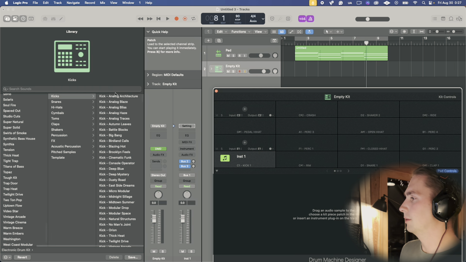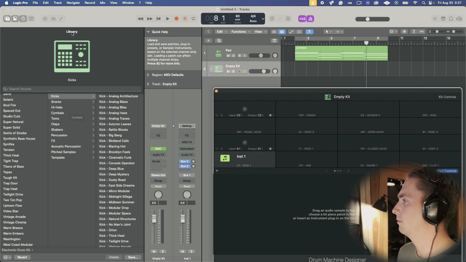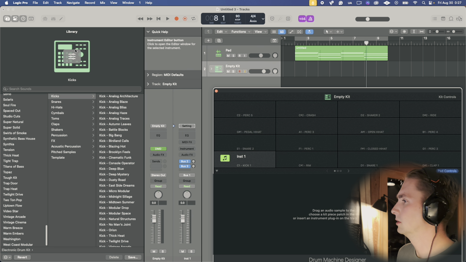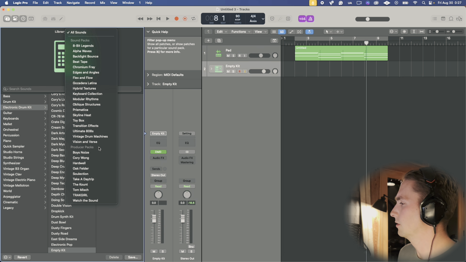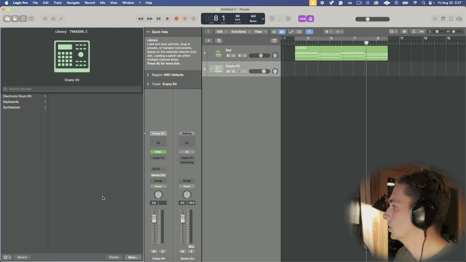Now, I'm probably going to end up replacing these sounds, but I'm going to go ahead and pick a kit. There's one of these that's got some really cool kits, I think it's Track Girl.